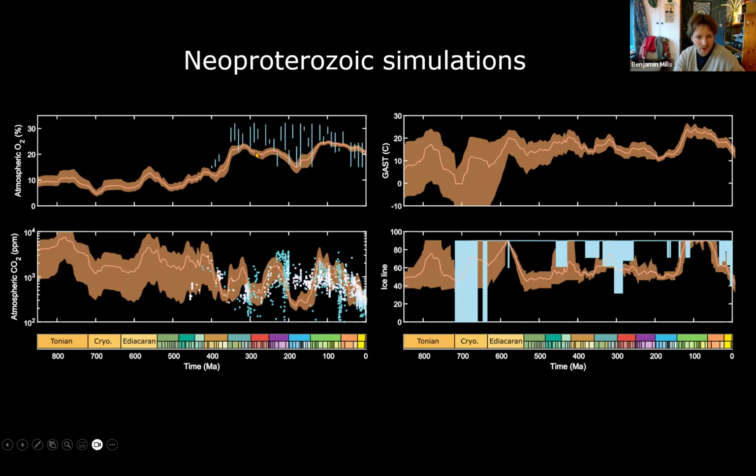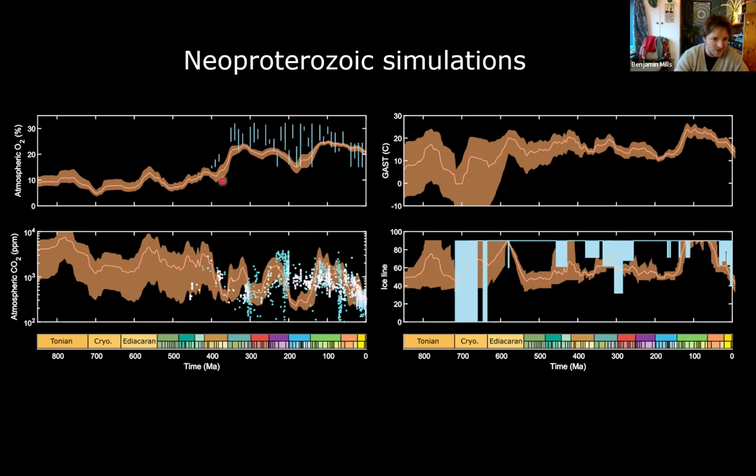Now, the first thing to note about these plots is that our Phanerozoic is actually worse. This is because I've used a tectonic degassing rate based only on the spreading rate, because for the Neoproterozoic we haven't made a very good estimate of the degassing rates yet. So it actually degrades the Phanerozoic predictions a little because we don't use as good a degassing rate. But we will fix that at some point. But I think it's relatively interesting what this model does for the Neoproterozoic.